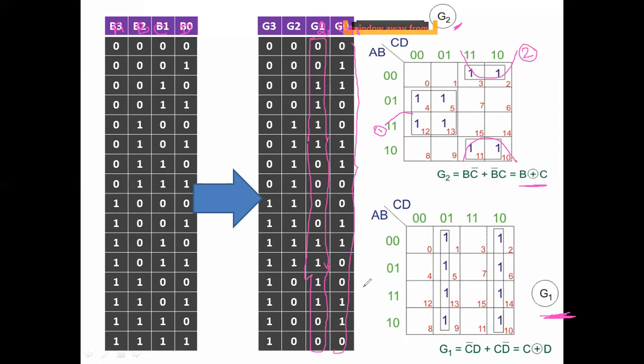So you take the last column, then fill the Karnaugh map by using these as input variables. So there are 2 possible groupings. 4 ones grouping, another 4 ones grouping. Then from this you can take the common variables as C bar D, C D bar. Then we can write this as C XOR D.